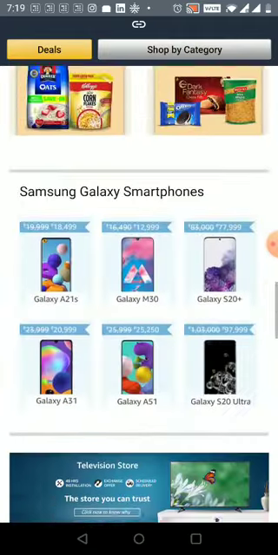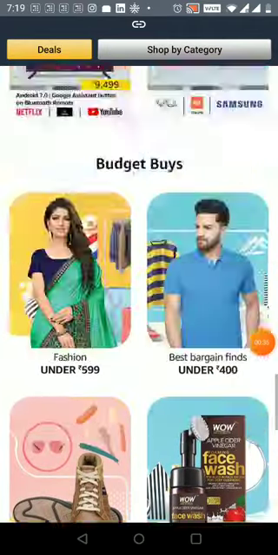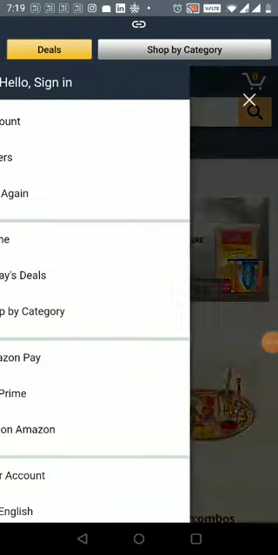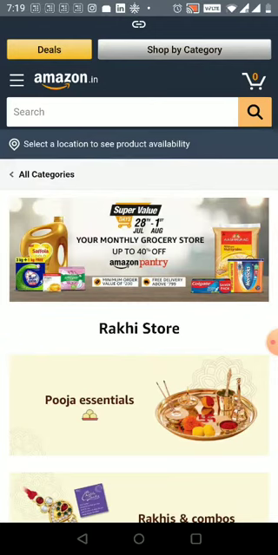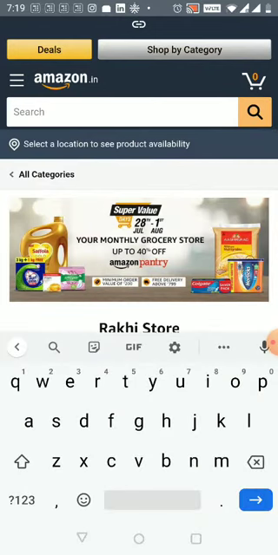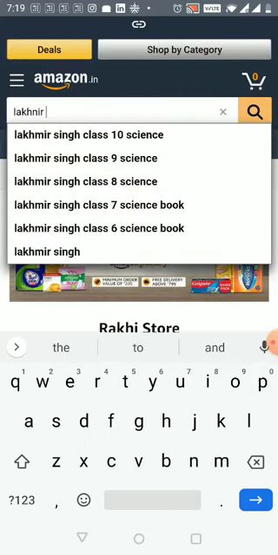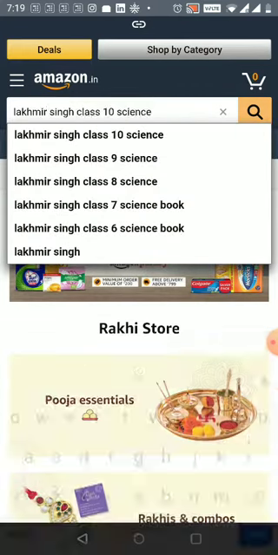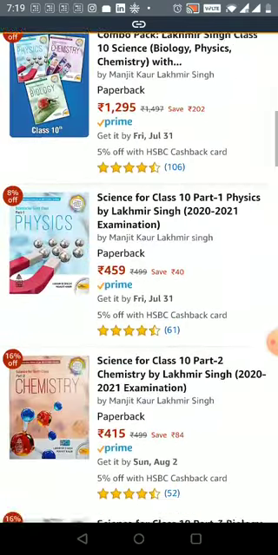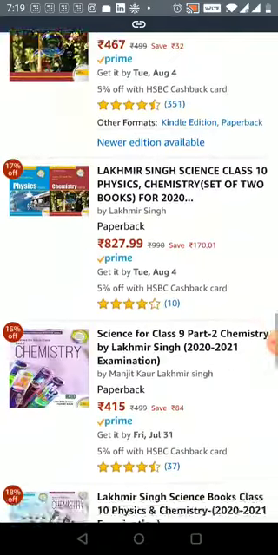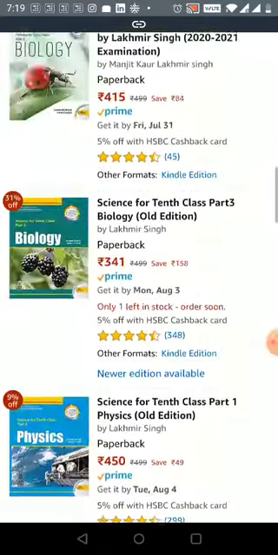This is basically the Amazon Easy storefront, right? So we are not logged into a customer account but only into a store account. As it says, hello, sign in, which allows us to sign in with a customer account, right? Say the customer has come in and says that he wants to buy a set of books for his child, say Lakshmi Singh, who is in class standard 10th, right? We see a complete list of products being displayed over here, which we can scroll down and help them fix.